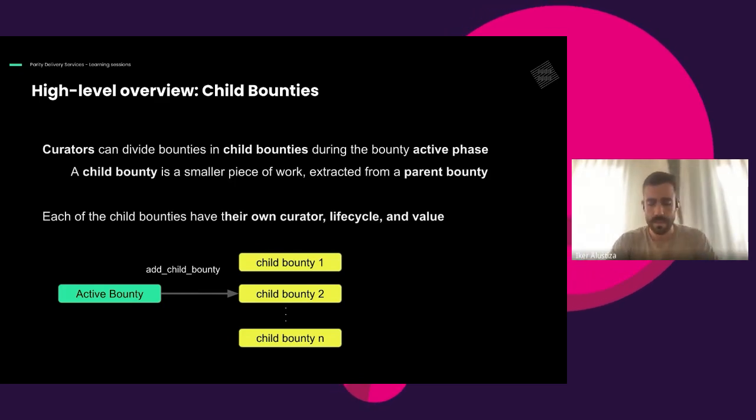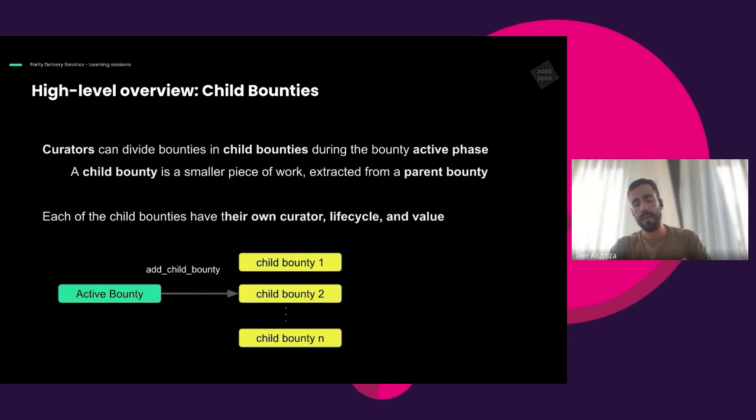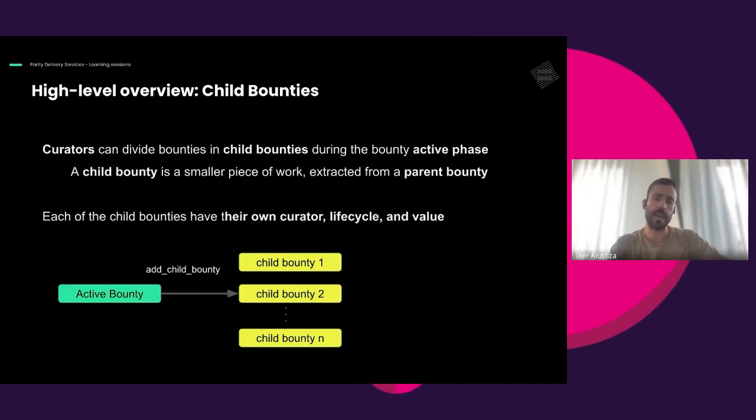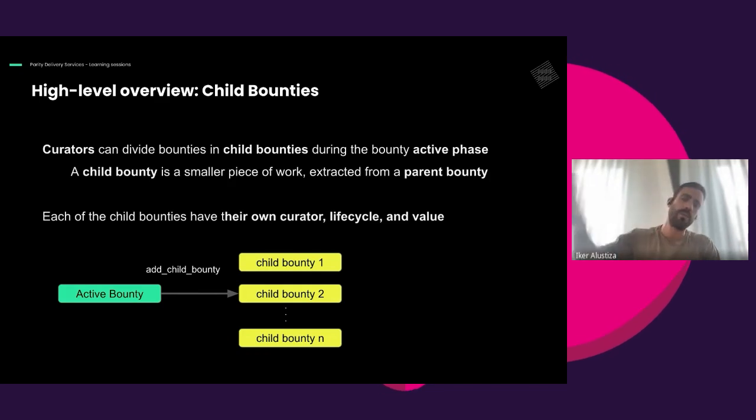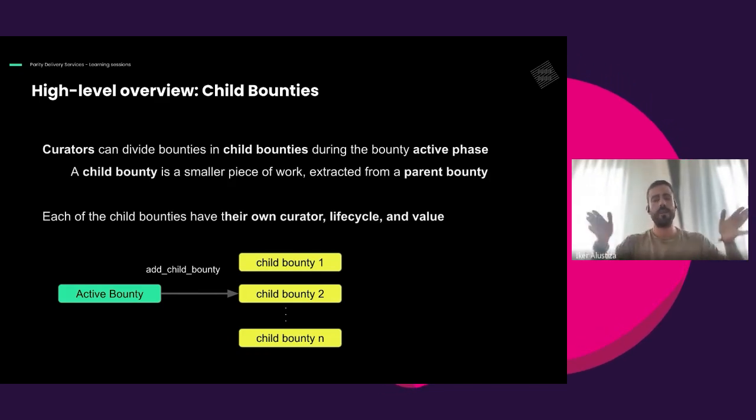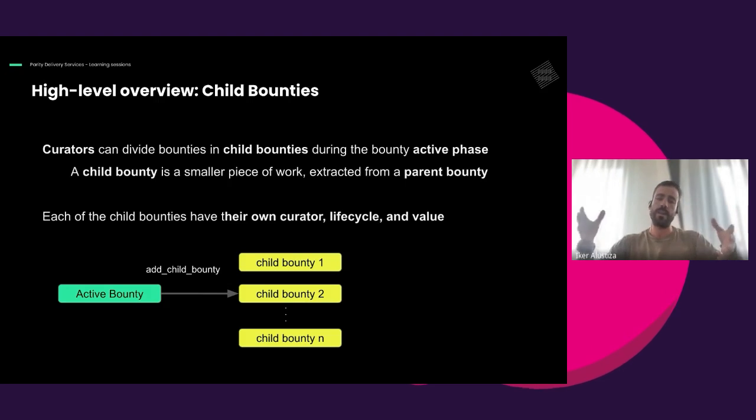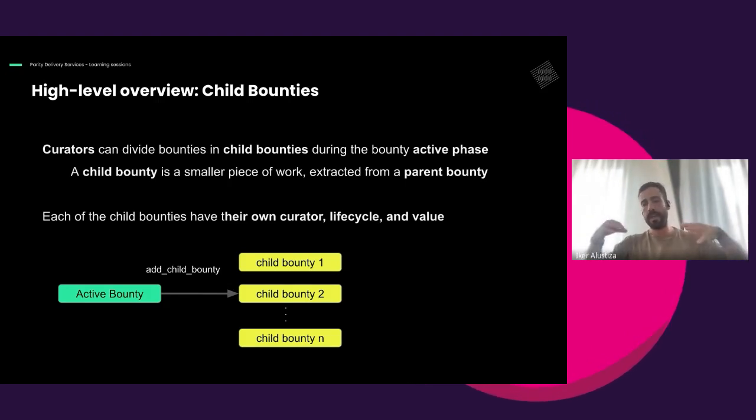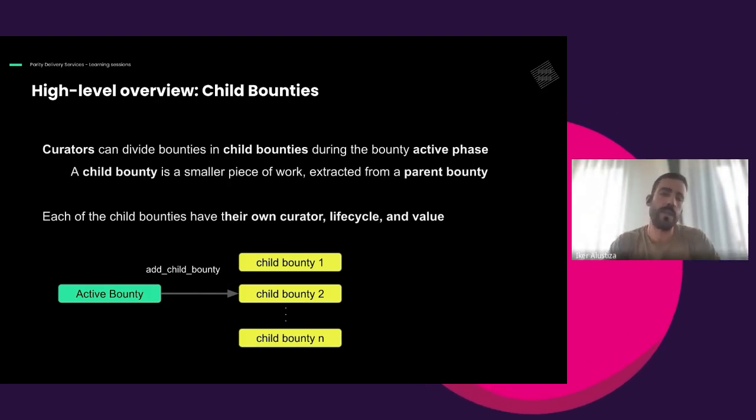The whole bounty is just the web page for XCM, and the child bounties can be, for example, one child bounty designing the web page, the other one the front end, the other one the back end. So you have these child bounties in parallel coming from the main bounty, the original bounty, which is creating a